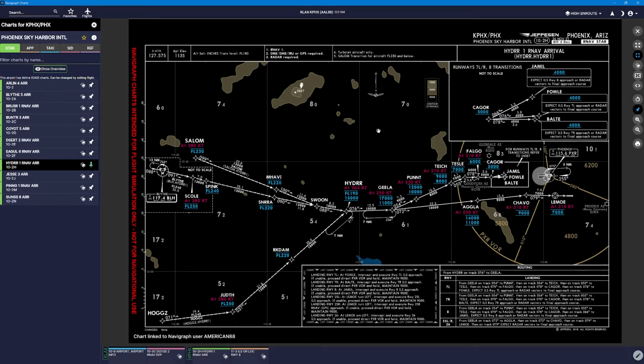Now that's different. You would have to go into your flight computer and change your arrival. This time you would choose runway 26, and you would choose Hyder 1 with the BLH transition,